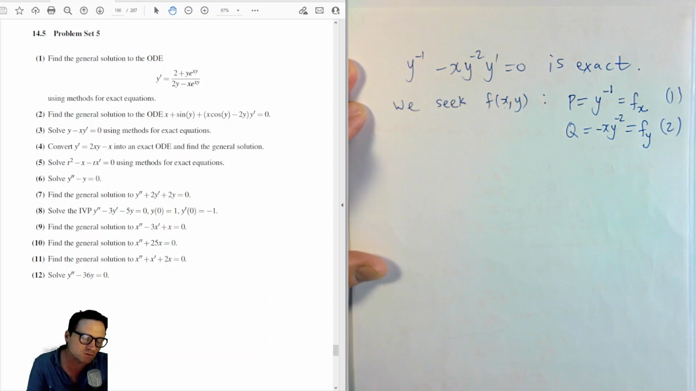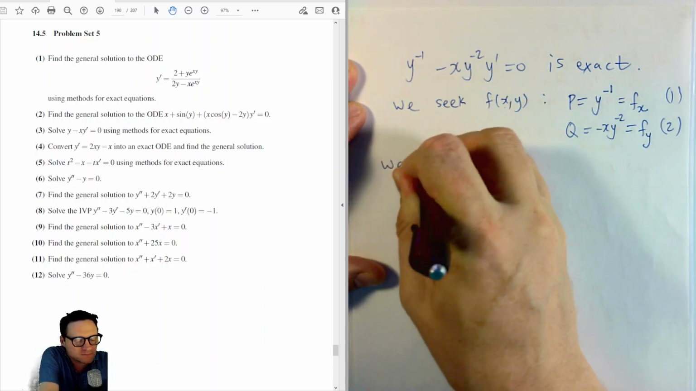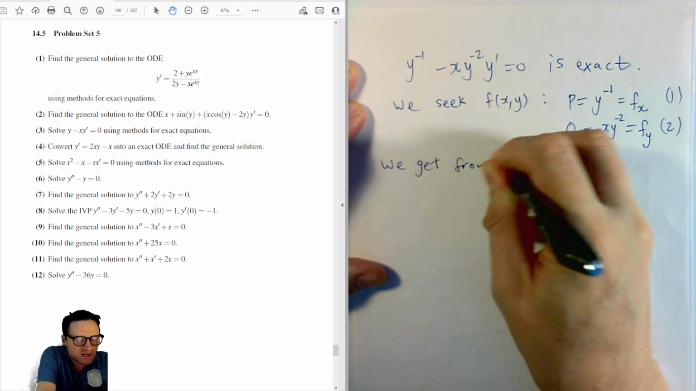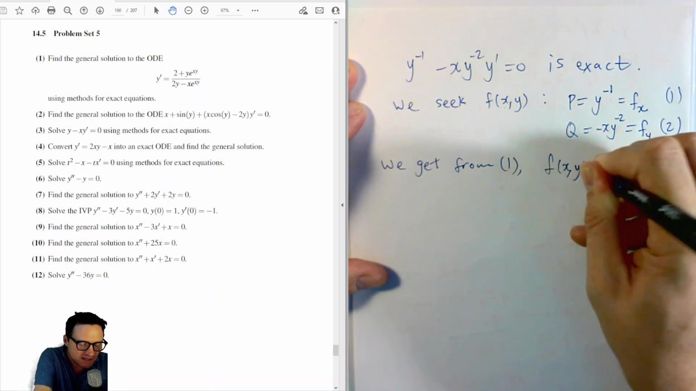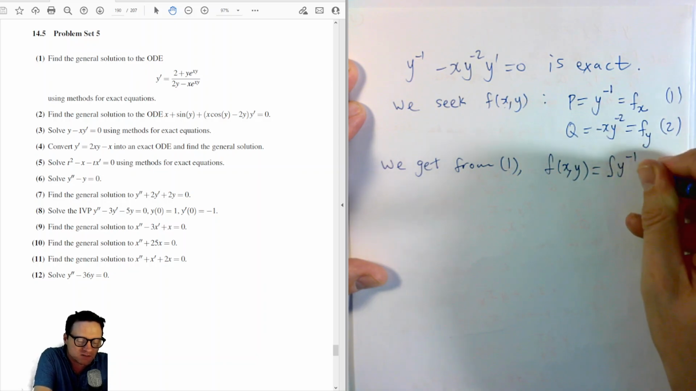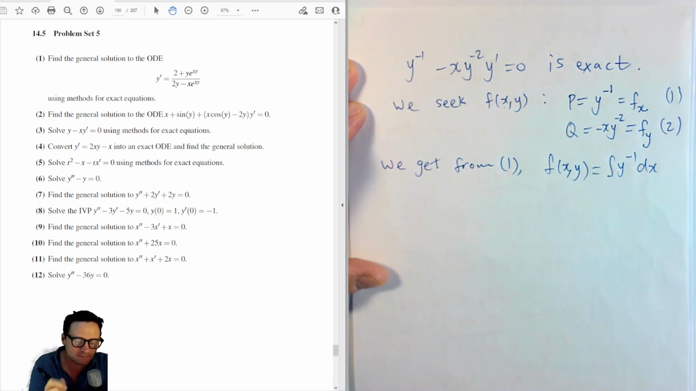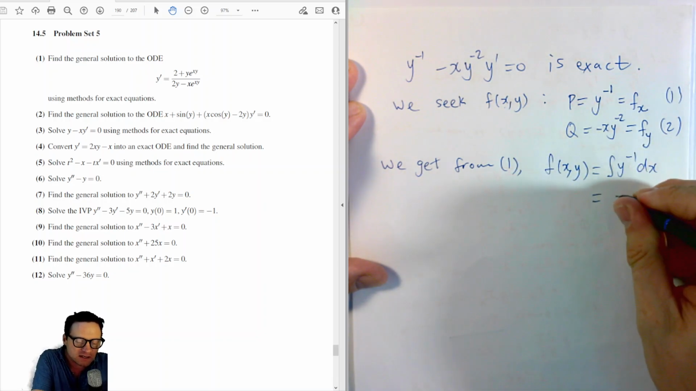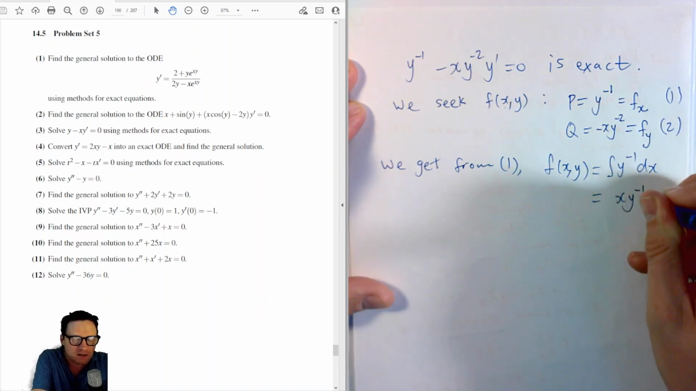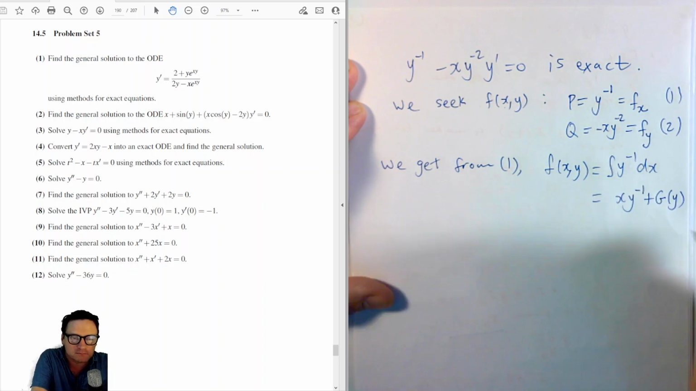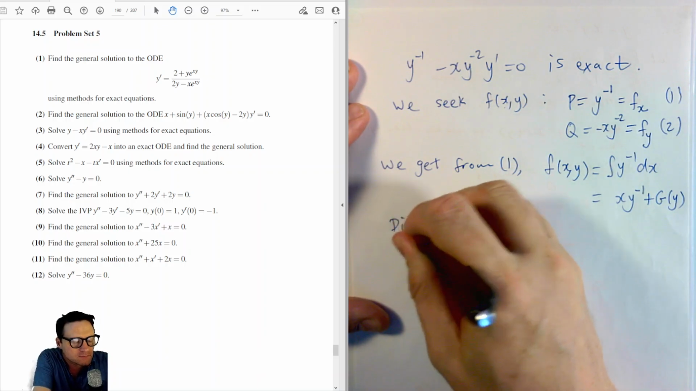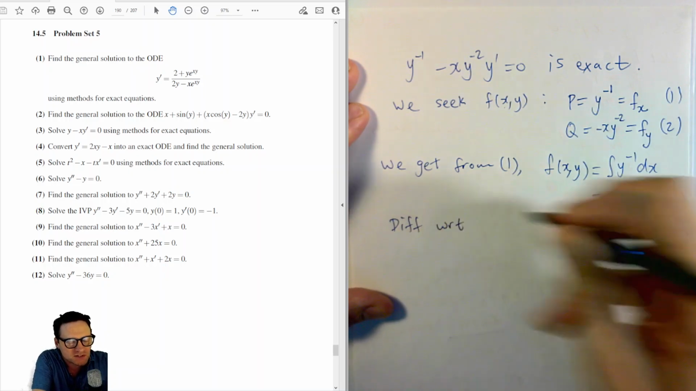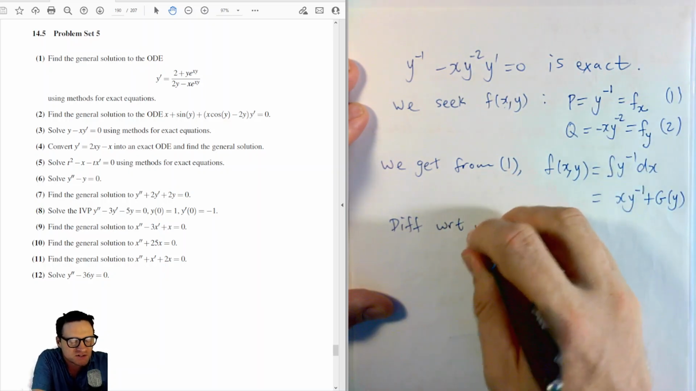Okay, so taking equation 1 and integrating both sides with respect to x partially, we get from equation 1 f of x and y is equal to the integral of y to the minus 1 with respect to x partially. And so that is x y to the minus 1 plus some function of the other letter. Okay, now differentiating with respect to y so that we can compare with equation 2,